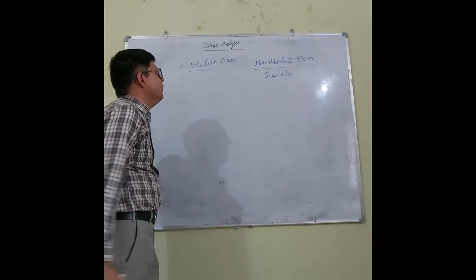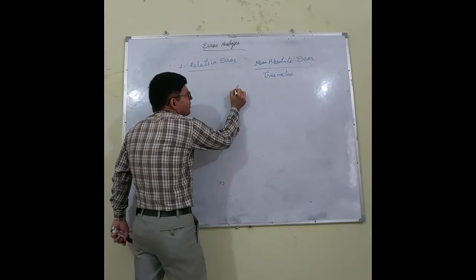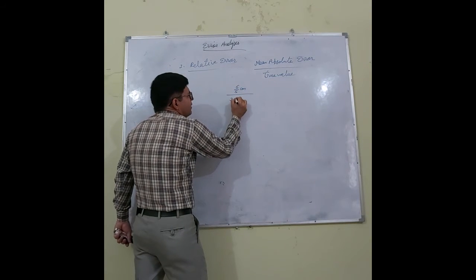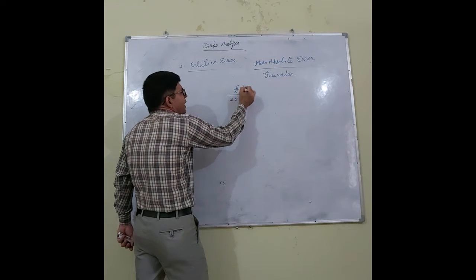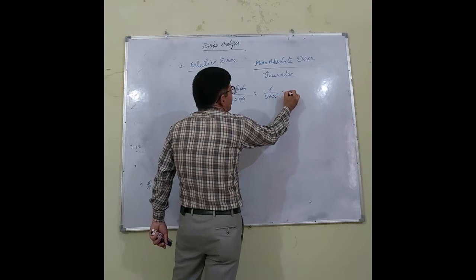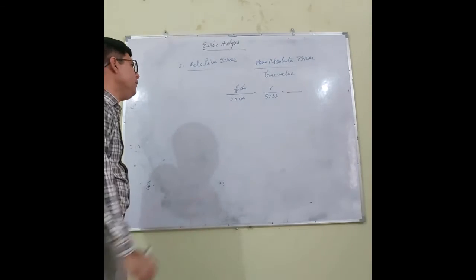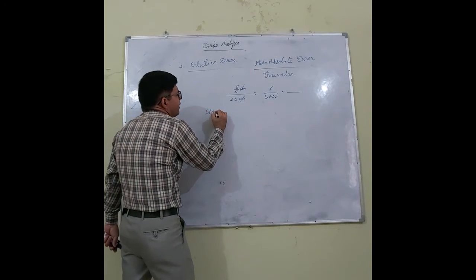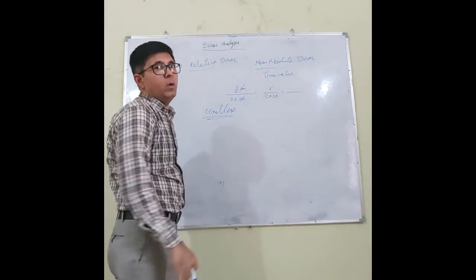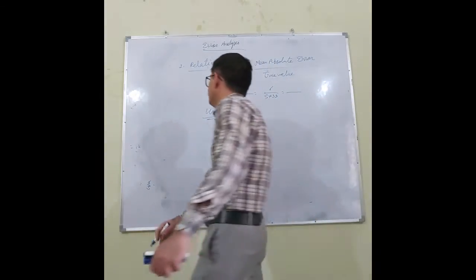For example, in the previous example we did, the mean absolute error was 6 by 5 centimeter and its true value was 32 centimeter. Centimeter gets cancelled. So 6 divided by 5 multiplied by 32, you can calculate. So this is the relative error. Remember, relative error is a unitless quantity. Why? Because it is the ratio of two quantities whose units are the same.